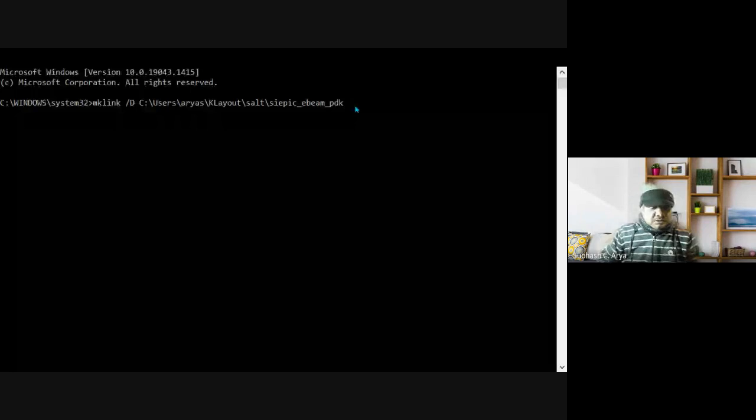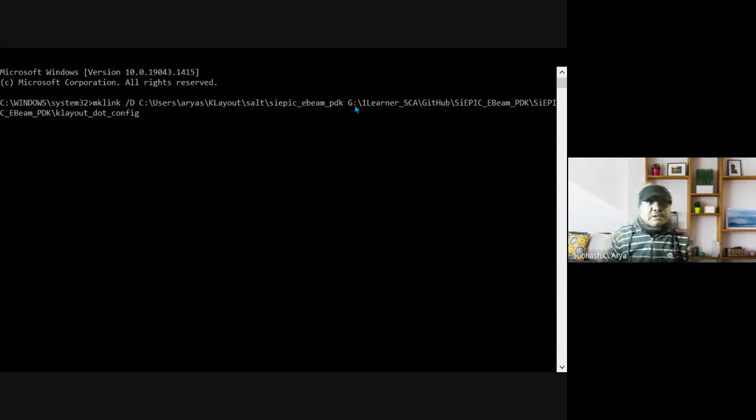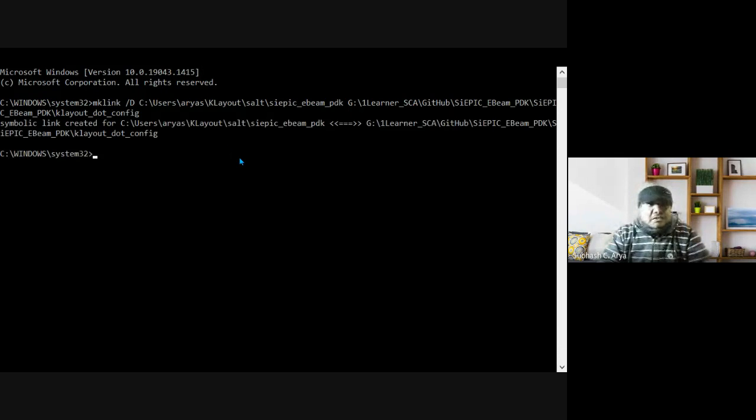Now open the window. This is the command prompt, and Control V. So you can see it is now pasted. After that, I will just press enter.